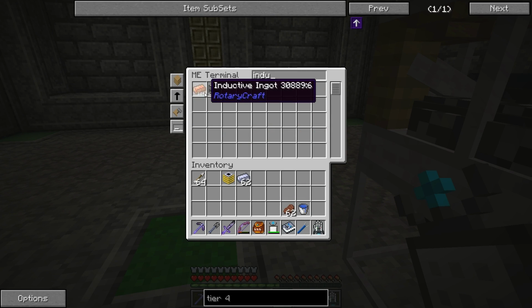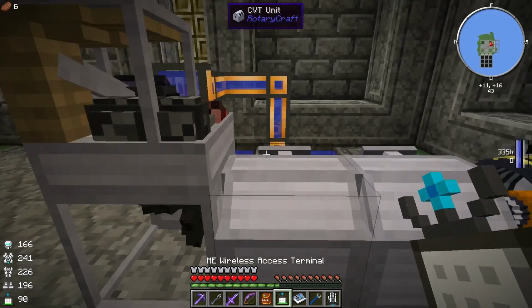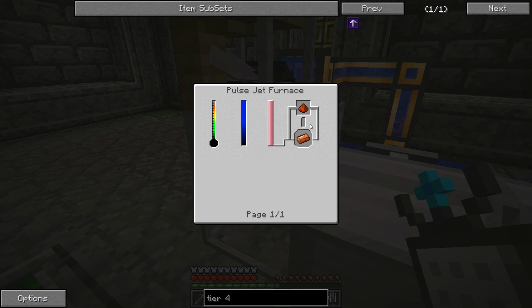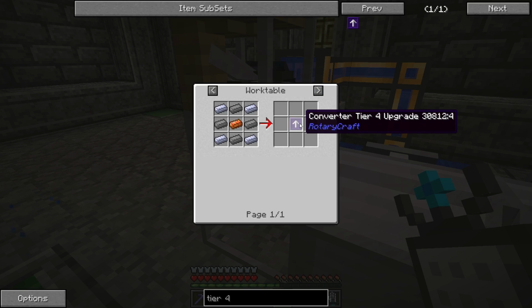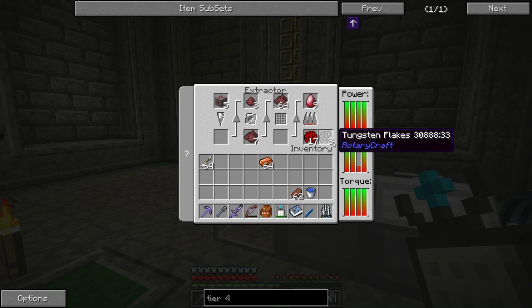Yep, we did that last time. That's right. So there's our inductive metal blend. Let's see. Yeah. So we've already done that with the jet fuel and all of that stuff. So that's great. So now we have the tungsten ingots, and that should allow us to make our tier 4 upgrade. Very, very awesome. So just got to wait for a 4th tungsten flake to appear, smelt it down, make